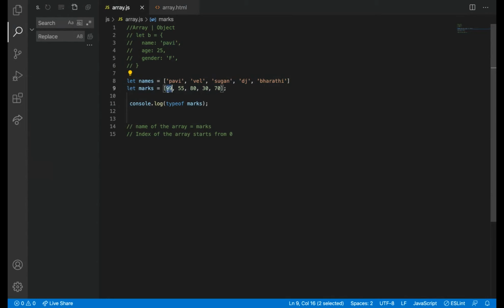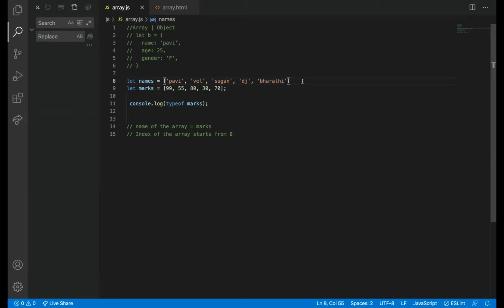We have not mapped anything here. People do not know whether the mark of Pavi is 99 and all, but I'm just saying in a project we will store it like this only. So for now we don't want to confuse anything. For now practically we will use it like this, but forget these things for now.